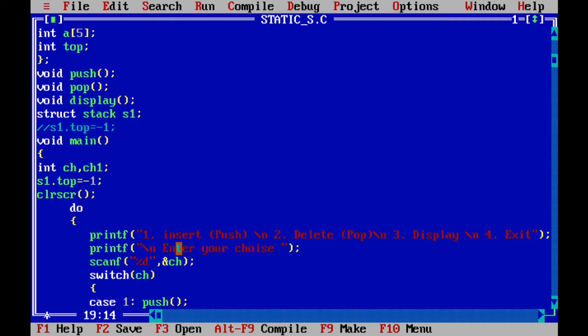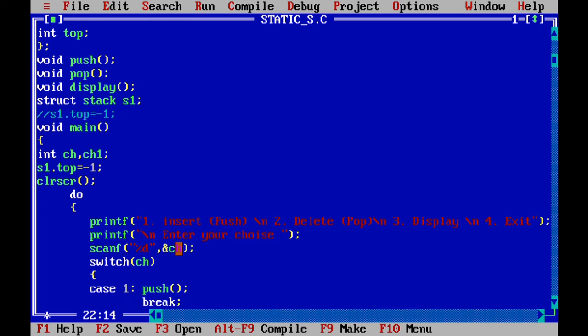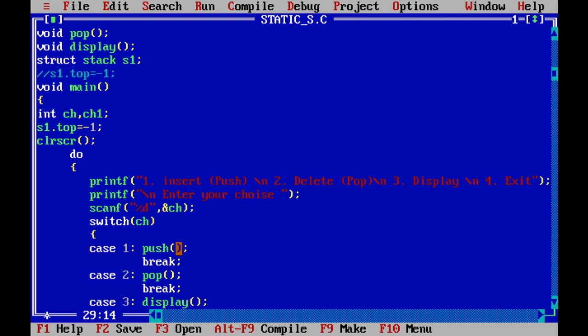Now here all of you know that do while is an exit control loop, so directly it will enter into the loop and display the menu, and after that the user will enter the choice, one to push, two to pop, like that, and I will read that choice into ch. Depending upon the value of ch I will switch, whether it is 1, 2, 3, I will call the particular function.